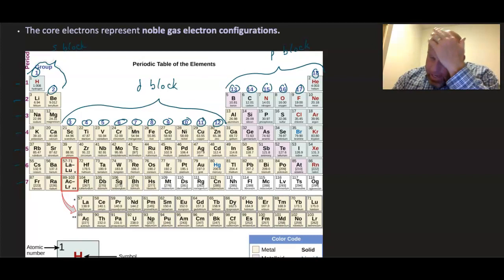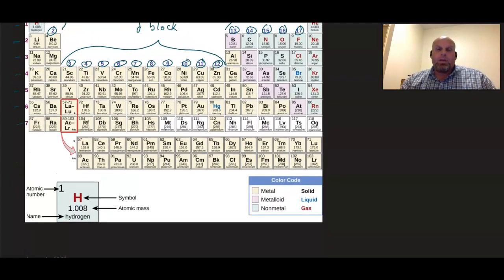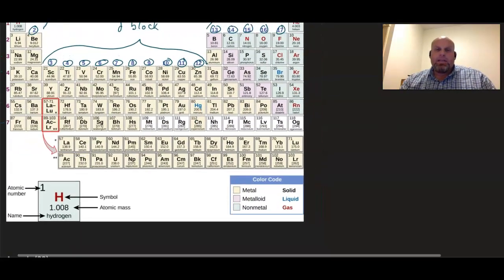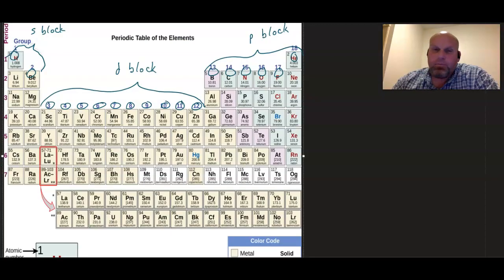So if I can do the same thing that we were doing before with electron configuration while using the periodic table, it lends itself to being able to do a noble gas notation or shortcut. Okay, so I'm going to first do arsenic here, 33. So you can see how this works. If I wanted to do the electron configuration for arsenic right here,